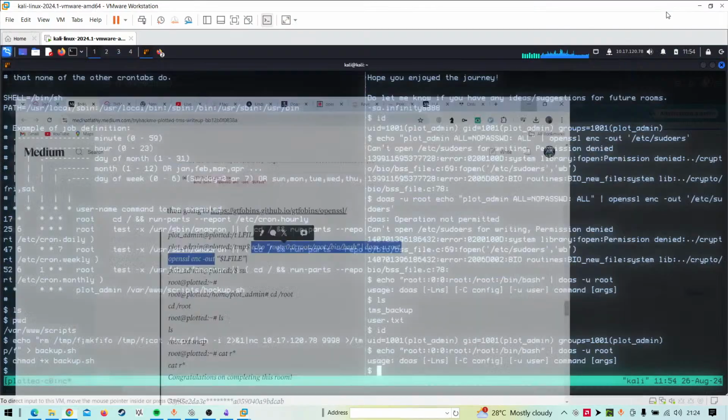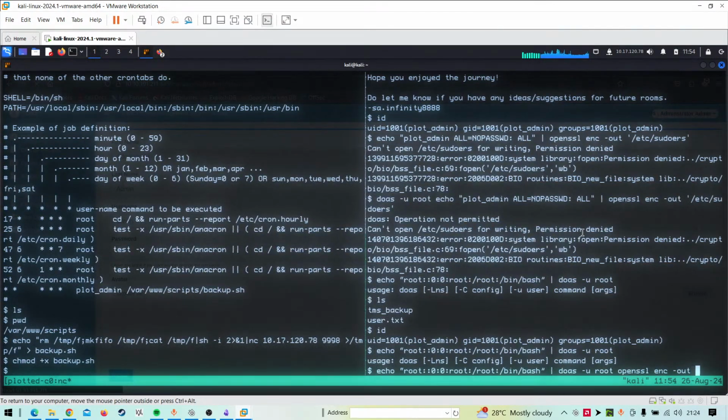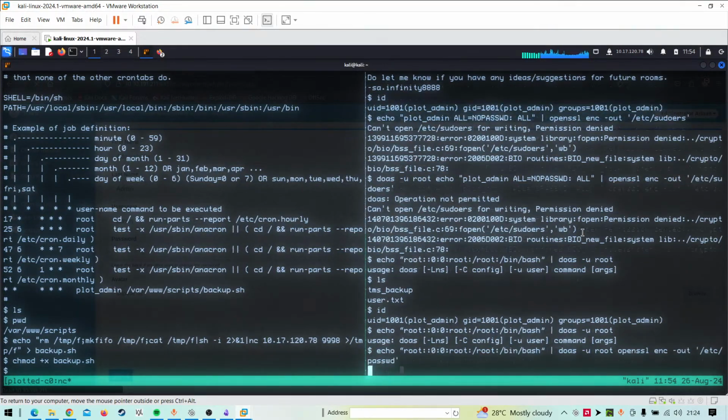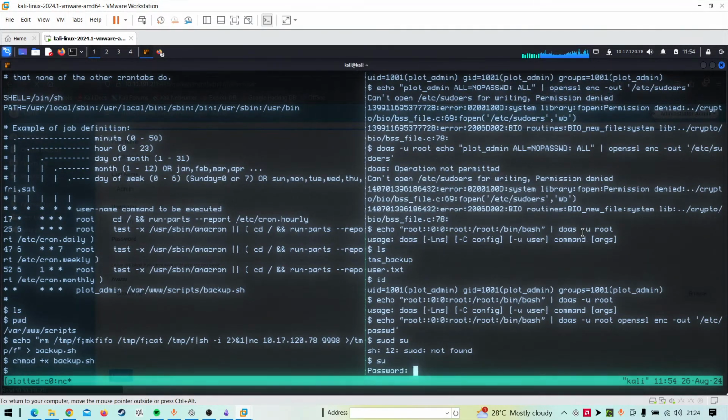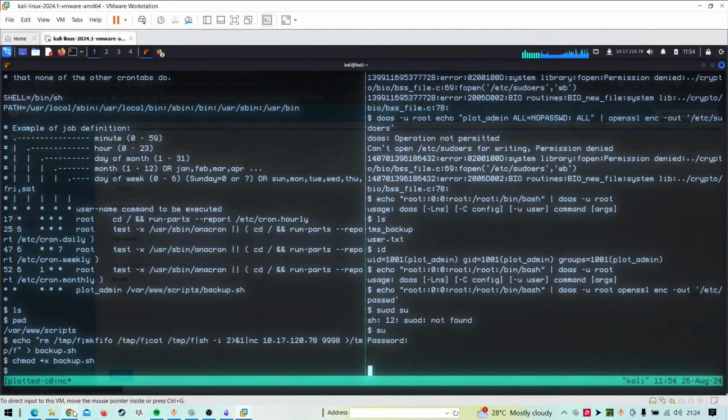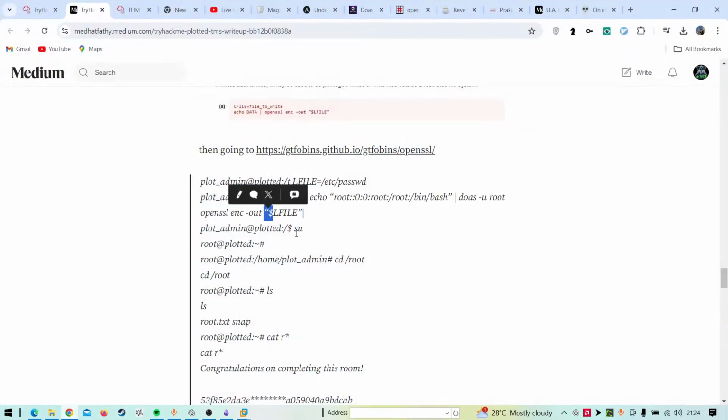So I'll just copy this, and the output file will be /etc/passwd, right? If I just now do sudo su or su, I don't have a password for that. Let me see what he has done is su, that should directly give him, okay,